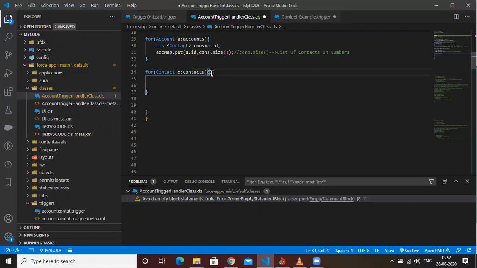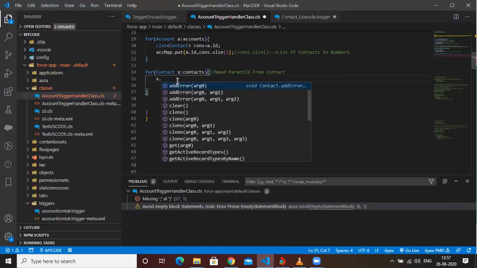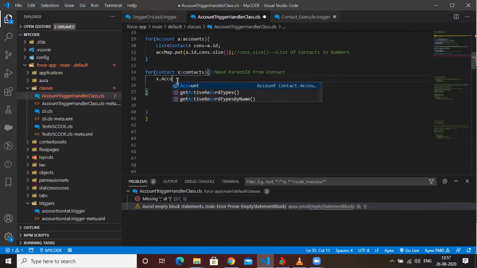So I need the parent ID from contact. Basically, what's the step for that? Simple. Who is the caretaker of this contact currently? This variable X. So just write X dot account ID. Okay.